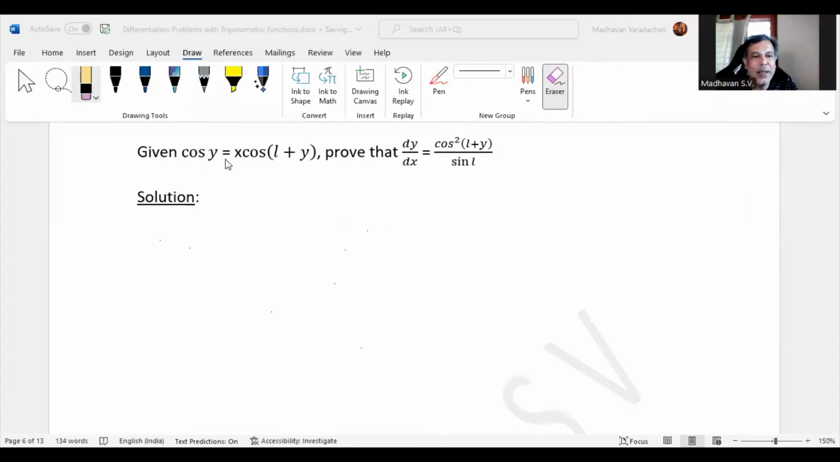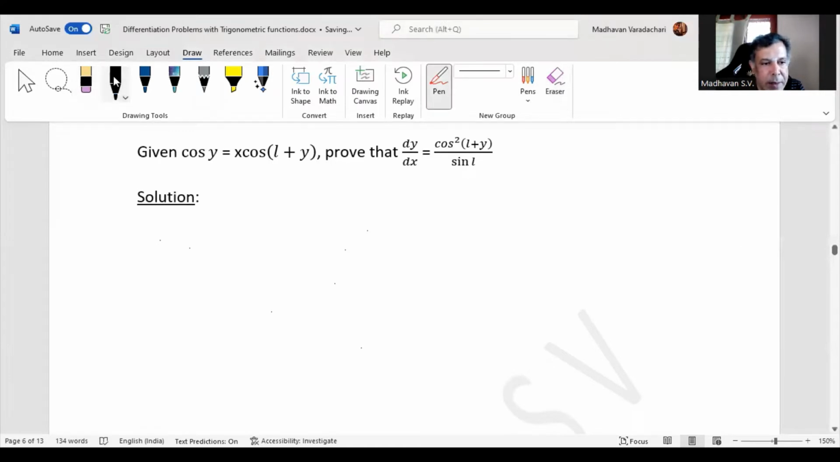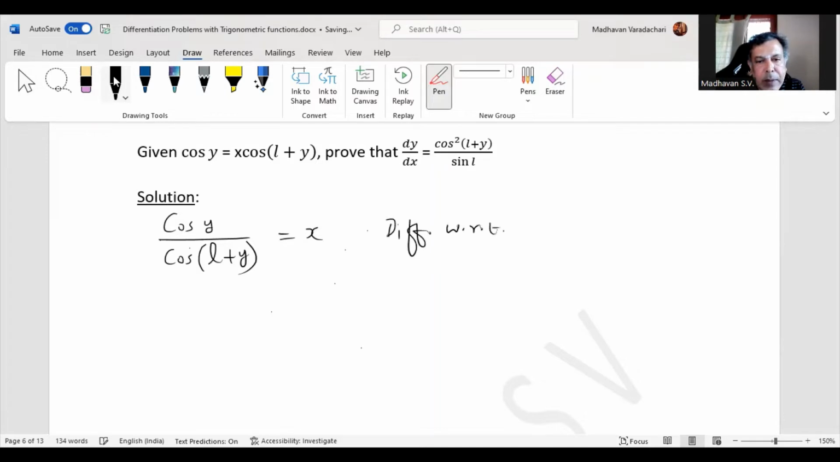Given cos y is equal to x times cos of (a plus y), to prove that dy by dx is cos square of (a plus y) divided by sin a. First of all, we will rewrite the given equation as cos of y divided by cos of (a plus y) is equal to x. Now differentiating with respect to x on both sides, we get,